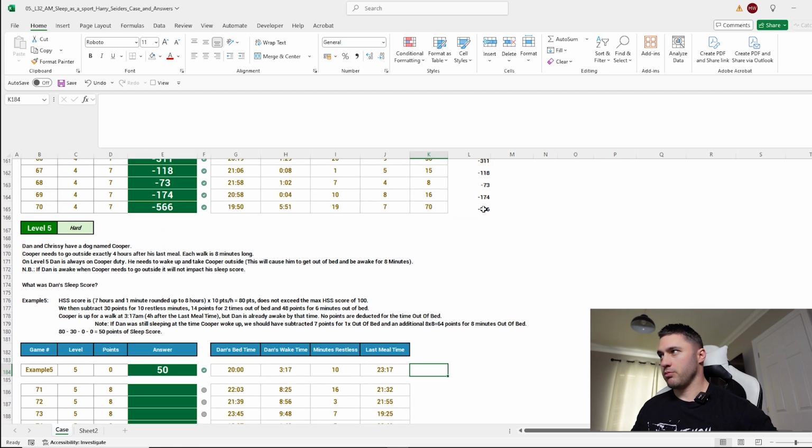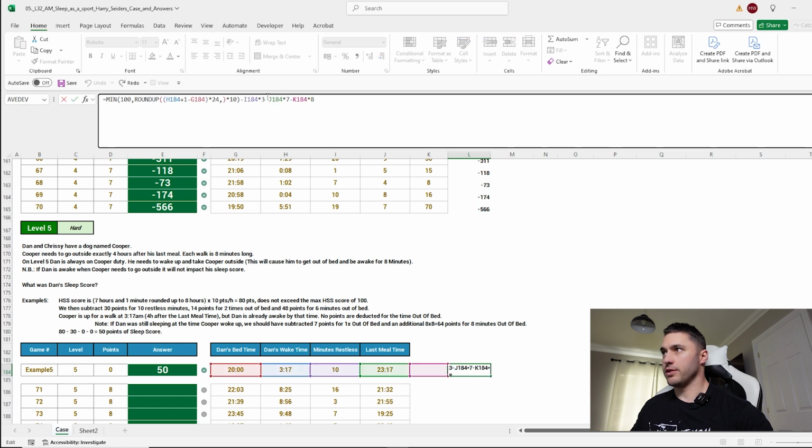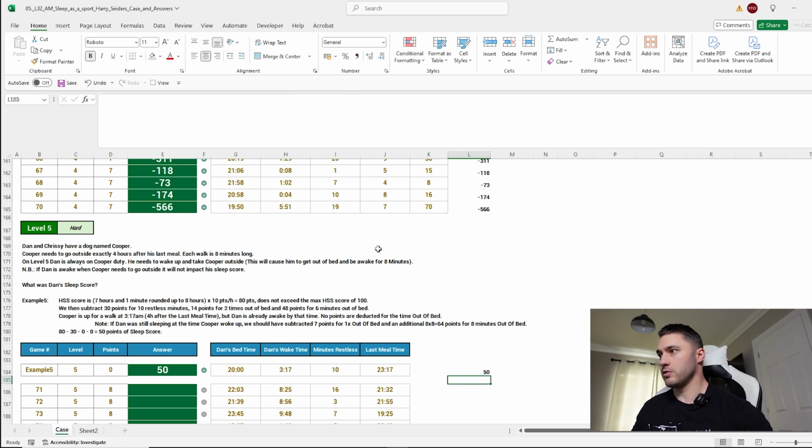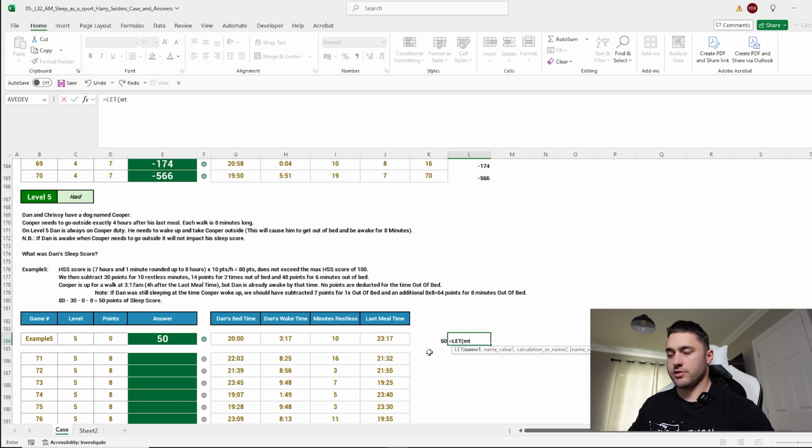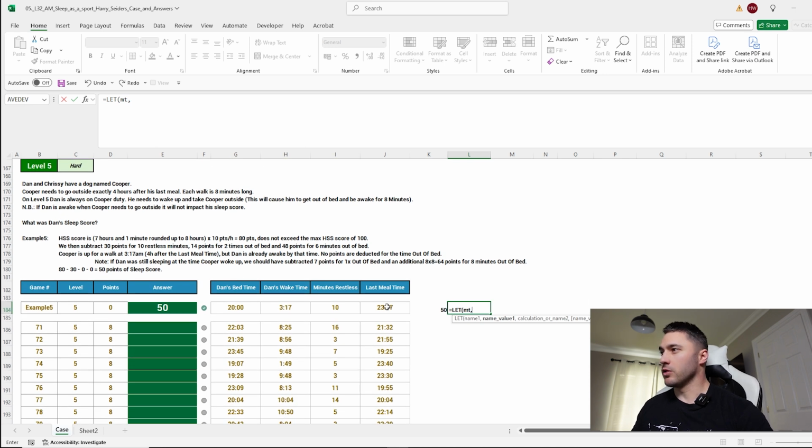So let's just bring our base score down here. And we don't want these two things on the end, because we're now going to calculate those. So how do we do that? So let's say let meal time, it's not really the meal time, it's going to be the walk time for the dog, is going to be this plus 4 hours. But we can't plus a 4 like that, we need to do it as a proportion of a day, so let's do 4 out of 24 hours. Then the sleep time is going to be the bedtime, the wake time is going to be this plus 1. We need to remember to plus that 1 because it's always going to be in the next day, so that